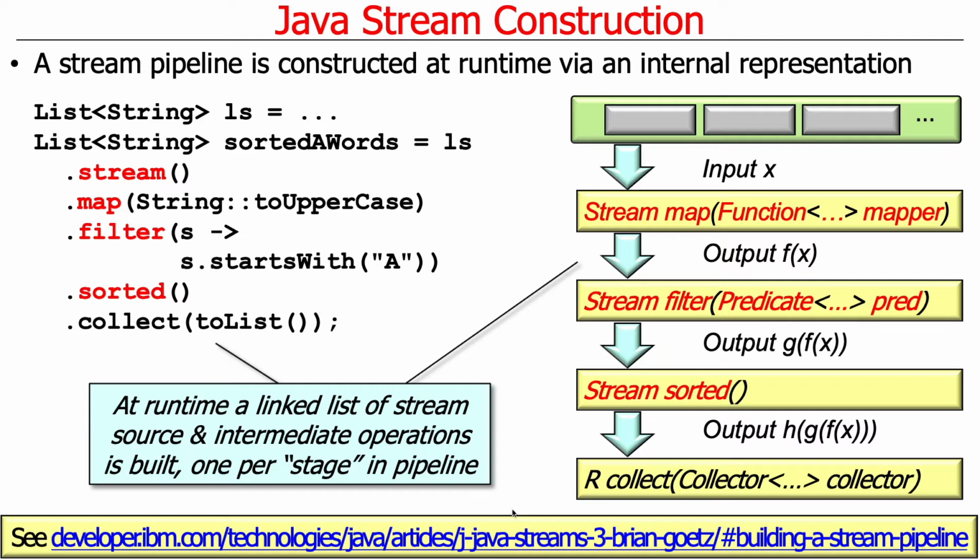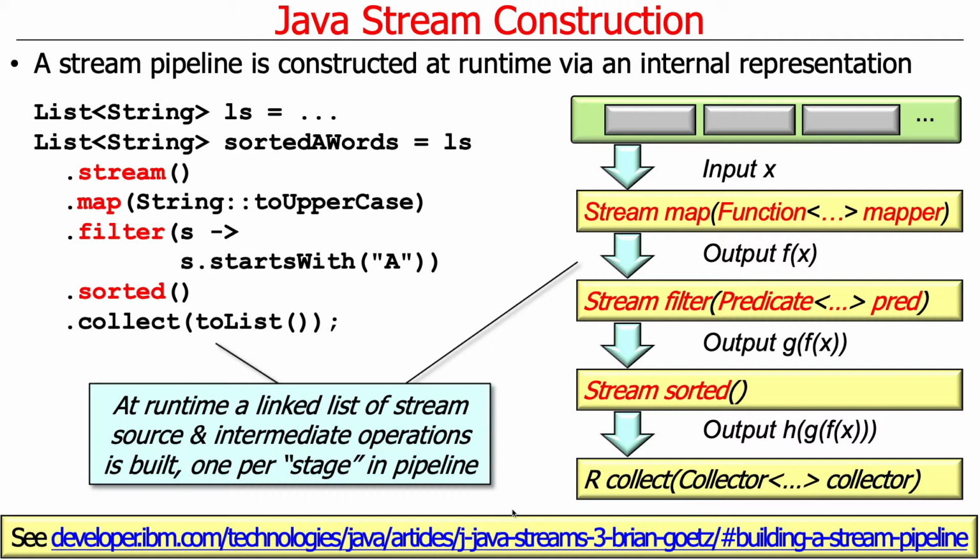And what happens when your program runs? Remember, your Java compiler will compile this code into some executable format like bytecode, if you're using a just-in-time compiler implementation, or you could actually compile it into binary code if you're using an ahead-of-time compiler. But whatever you do, the compiler compiles this into code. And what this code does, as it runs at runtime, instead of actually executing those operations, is build up